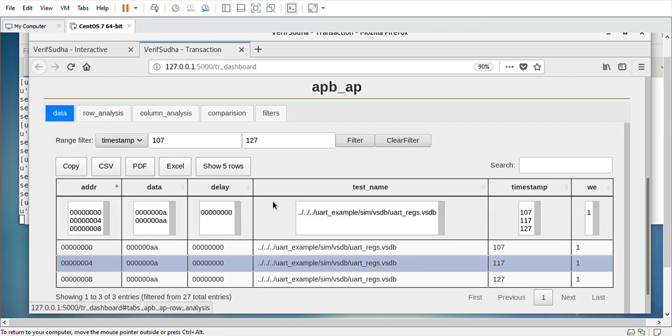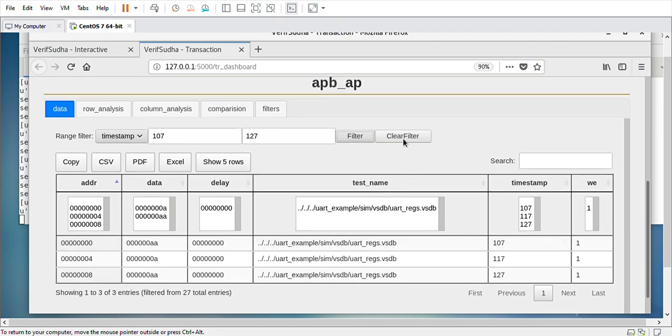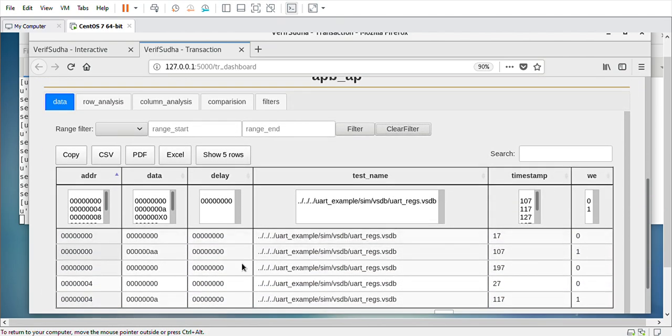The third thing is, we looked at how we can perform a row analysis. We can also perform analysis on columns. If I want to figure out what are some of the unique addresses that have been read and written in this particular test, first let me just clear the filter so that we have all the transactions, and then let's say I want to find out which are all the unique addresses that have been read and how many times they have been read.